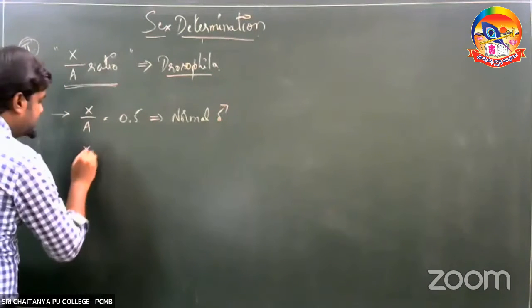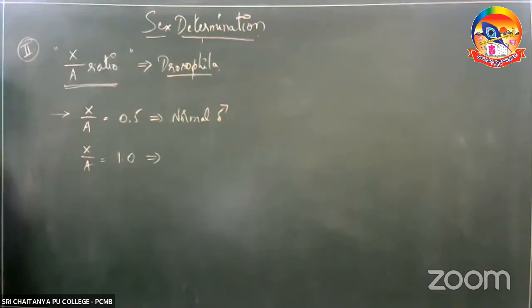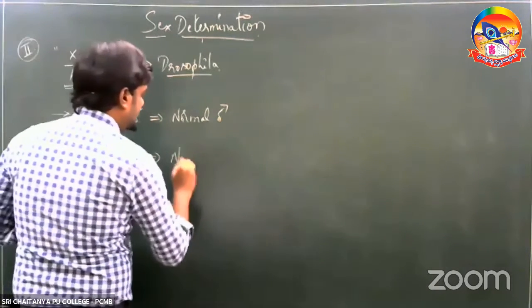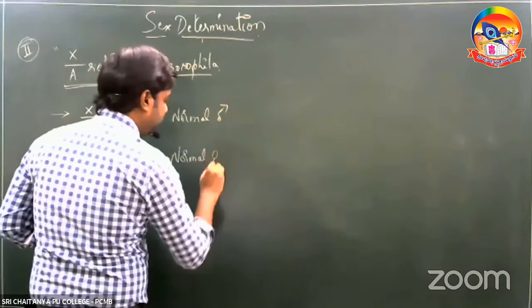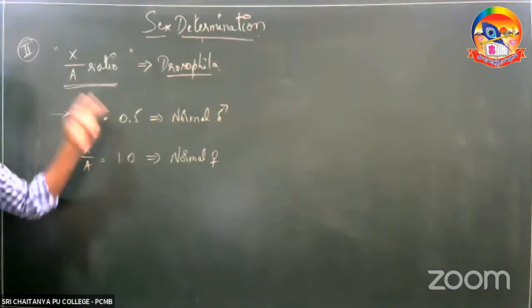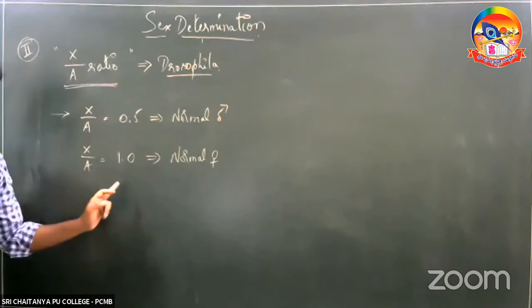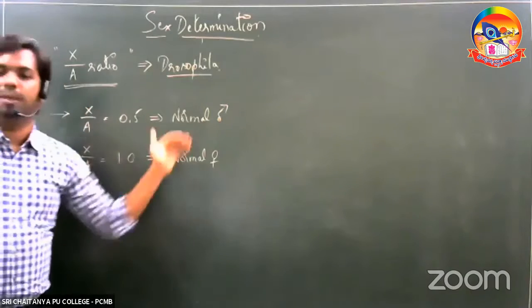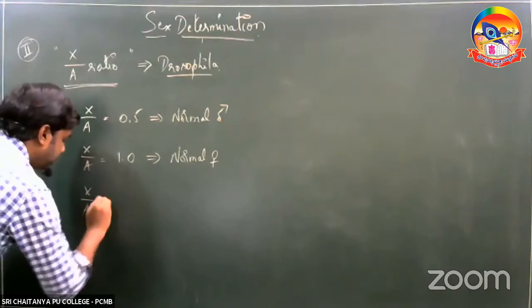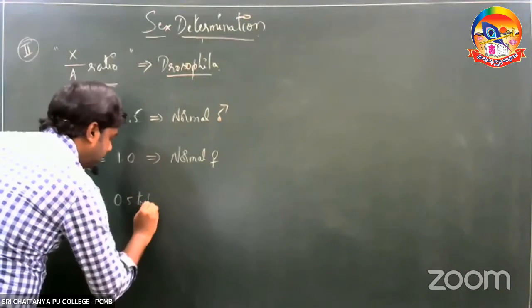Second one, if the X by A ratio is 1.0, or 1, then this individual will be a normal female. So if the X by A ratio is 0.5, then the individual is a normal male. If the X by A ratio is 1, then the individual is a normal female. Next one, if the X by A ratio is in between 0.5 and 1,